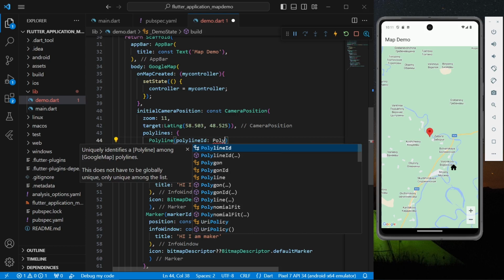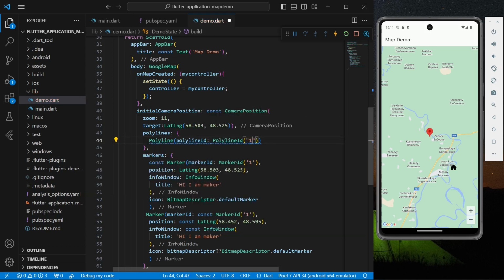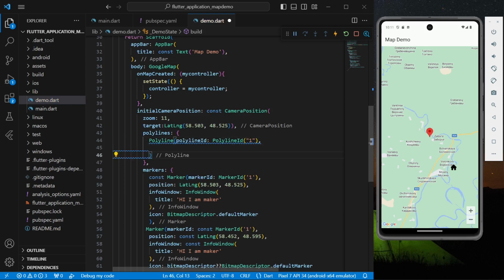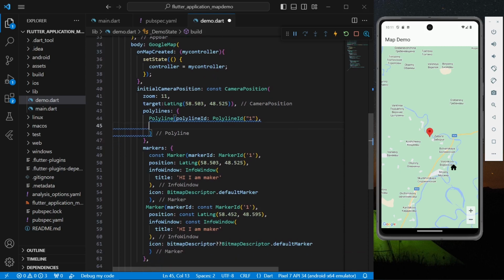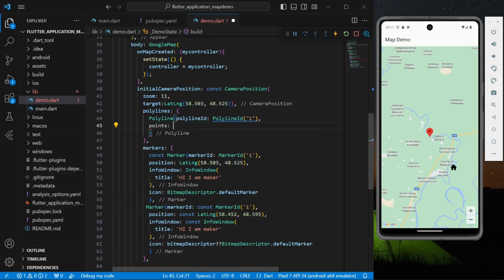So we can give a polyline ID with a value of, let's say, 1. Then you need to provide the set of latitude and longitude, that is our points